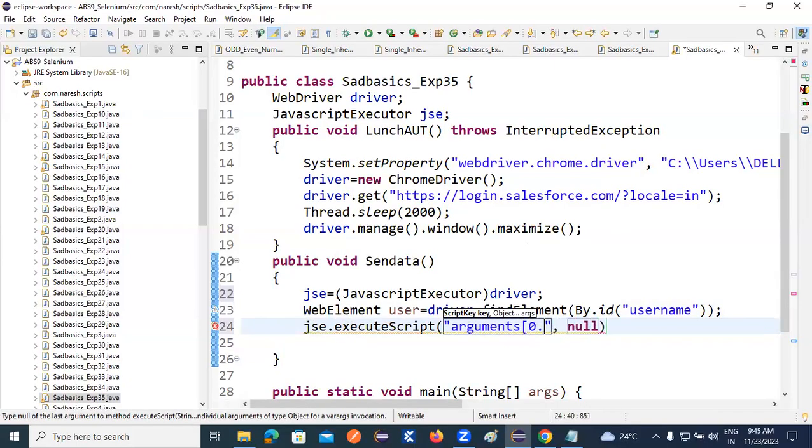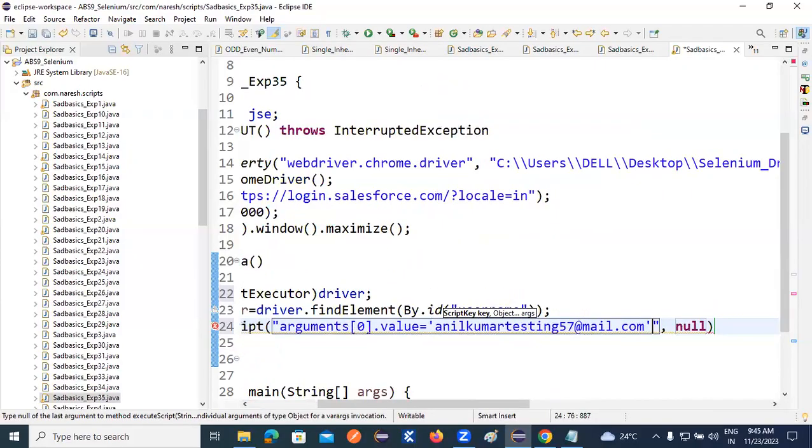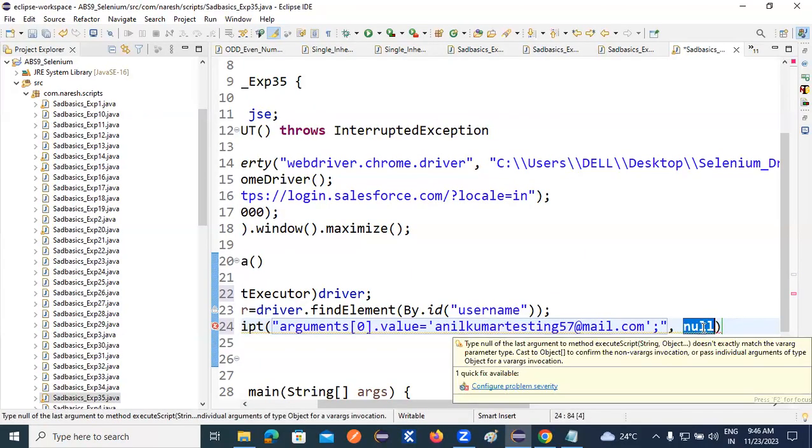arguments dot value equals to, within the single quotes. Once you provide the double quotes, before the double quotes you need to provide the colon, and after that, where you need to send the data,